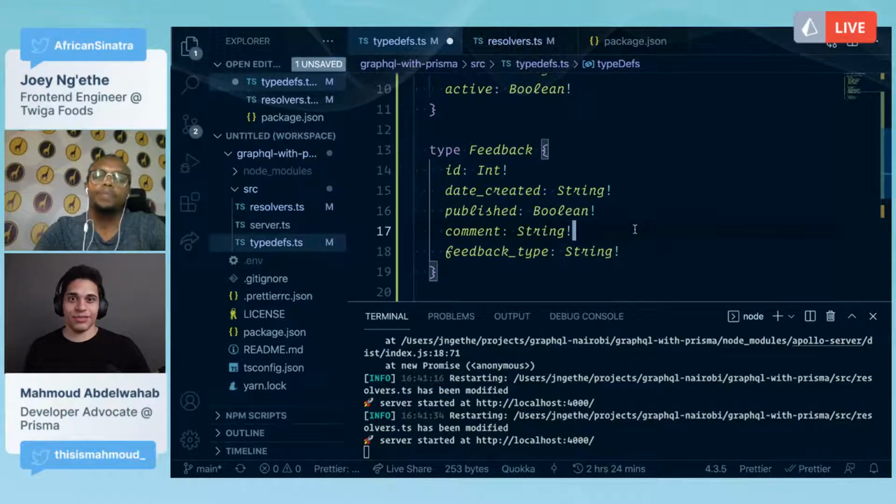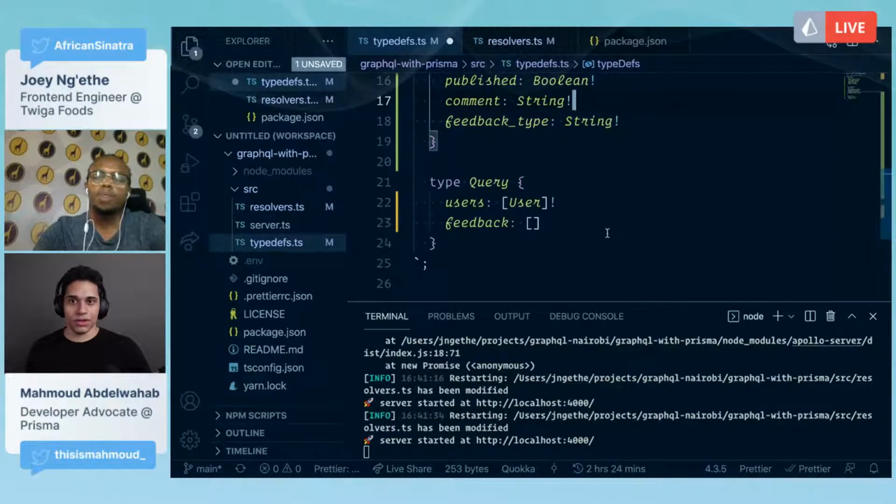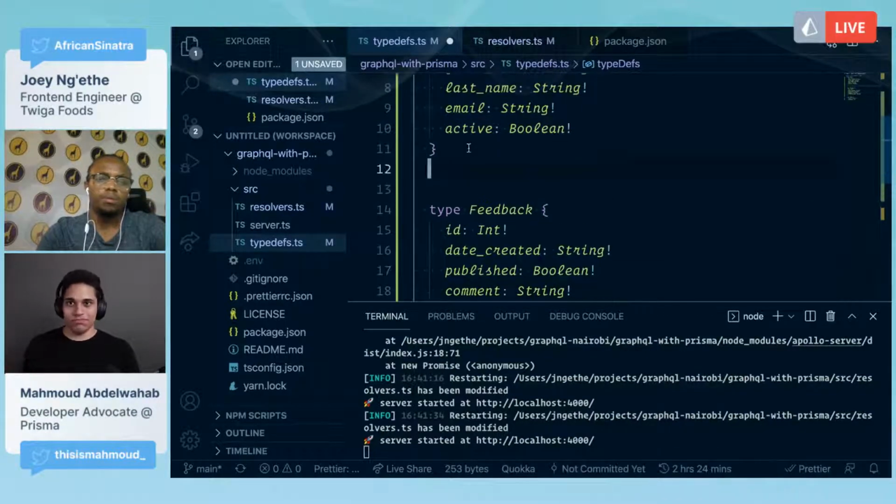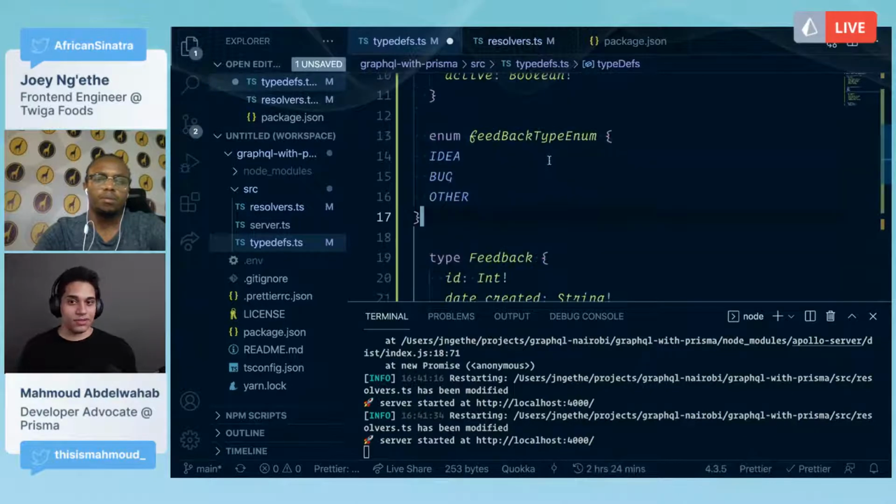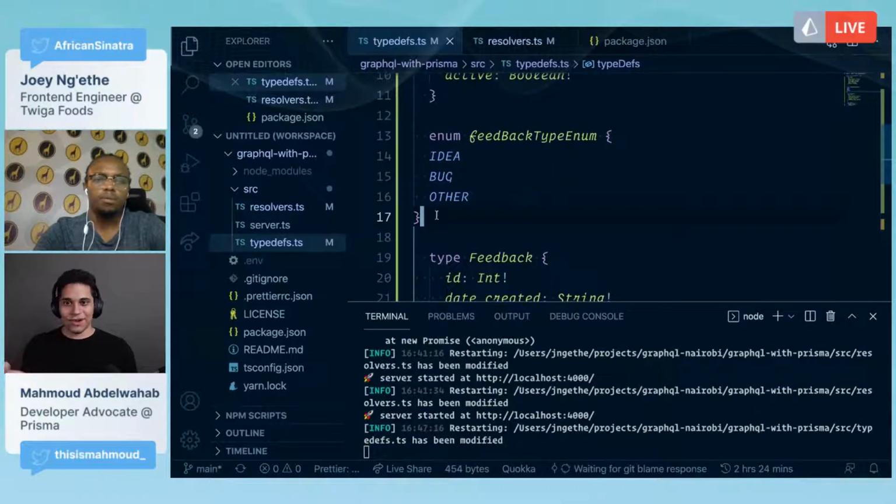Enums, allow me to link to the docs of graphql.org. Enums are very useful because you can specify that a feedback can only have certain types. So we can say it's an idea, a bug, or other.